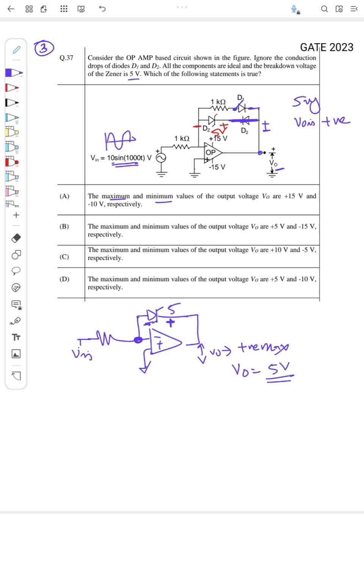Now we'll consider the case when V0 is negative, say V0 is negative max. So when V0 is negative, this node is actually minus max. If it is negative, what happens? This diode is reverse biased, so it is like an open circuit, right? And if this is an open circuit, definitely there won't be any current flowing through it, so I can neglect this path. What happens to diode D1? Since this is negative, diode D1 will now be a short circuit because it is forward biased, which means I can draw the circuit as